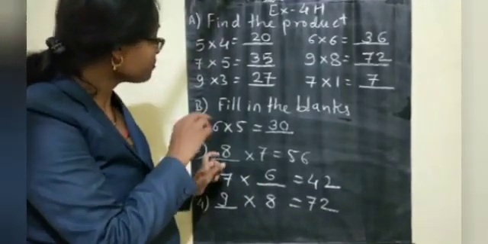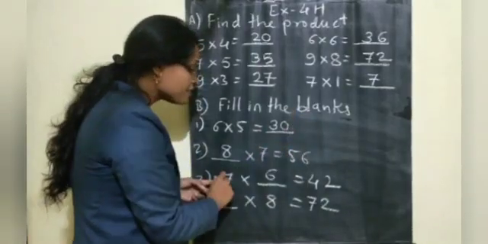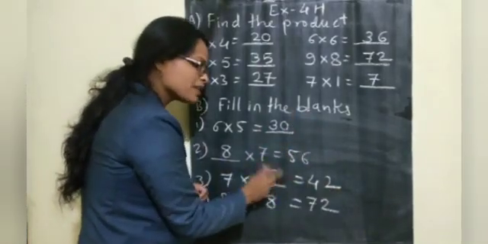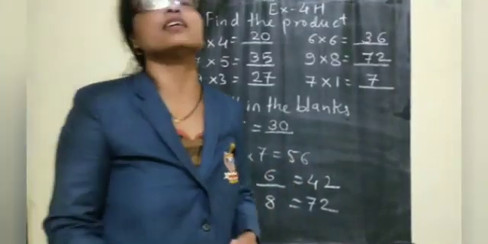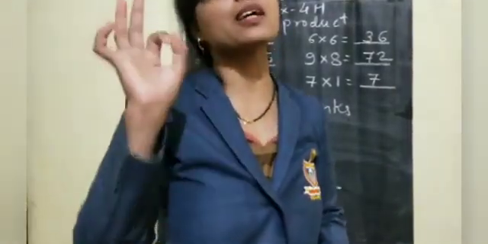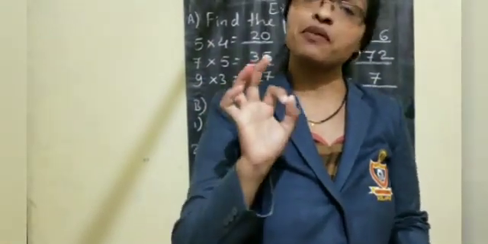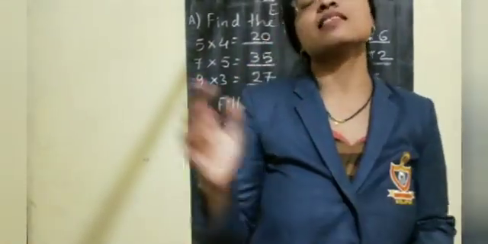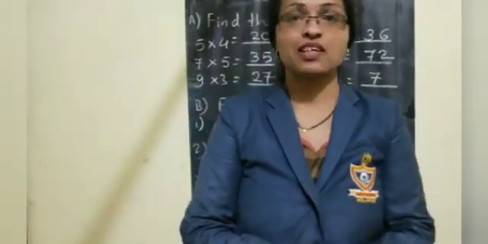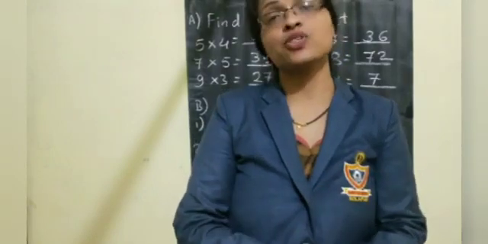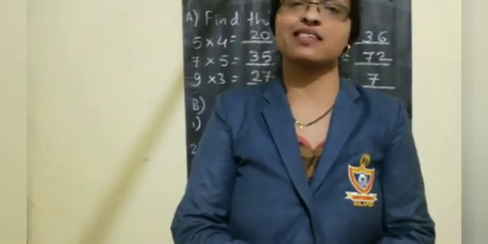Or sometimes if the first number is present and the answer is present, then ask the first number, how much is the answer? Automatically you get the second number. All are related to each other. Only here tables should be compulsory. If you are perfect with the tables, you can easily solve all the multiplication problems, children. So children, I hope you have understood all these problems. Go through all the exercise problems and please practice them.